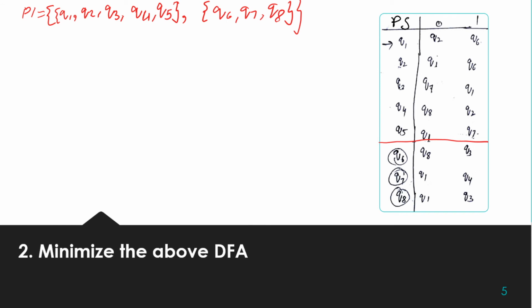As in the last example we had only one state as a final state, so we did not need to check the compatibility or similarity with any other state, but in this example we have to check the compatibility or similar-state grouping in both the groups. So this is the group of non-final states, and the second group is the set of final states. So coming to partition 2,